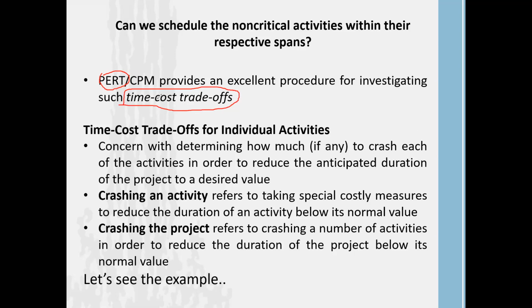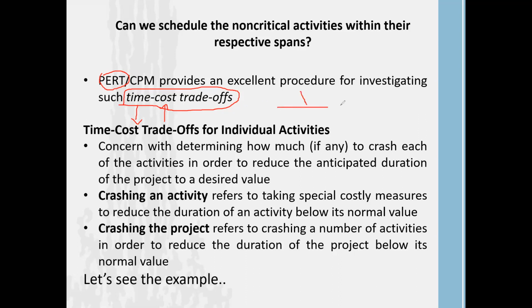Now in our case it is 25 weeks. If the owner of the project needs the project completed within 20 weeks, then we need to find out which activities we can expedite in the most cost effective way. That's why it's called time cost trade-off. We know time has to be reduced, as well as we know cost is going to increase. In order to manage these two situations, time has to be reduced with minimum cost. So this thing we call trade-off.